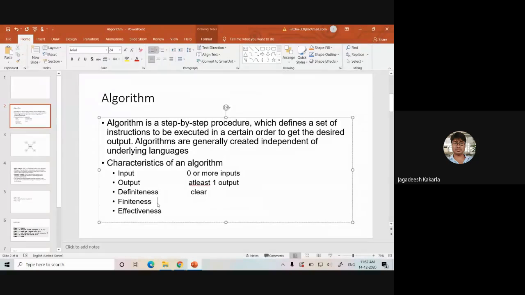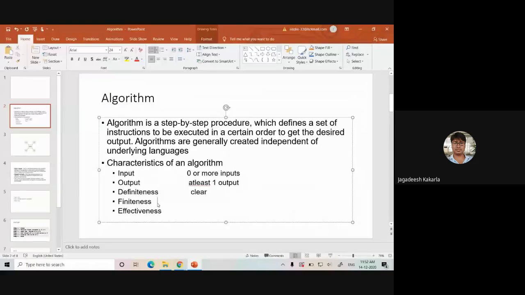Have you understood that or not? Slowly you will understand. Even when you are doing the for loop, sometimes you will do the infinite loop, then you will stop the program and then you will modify it. Like that, we also will have the experience. Okay, algorithm should be finite.